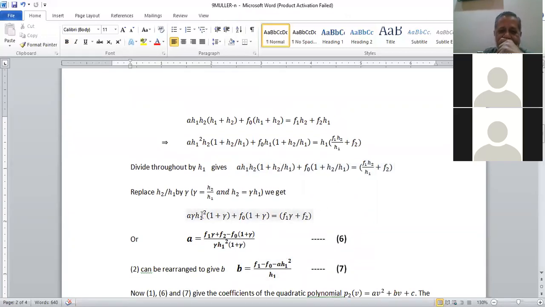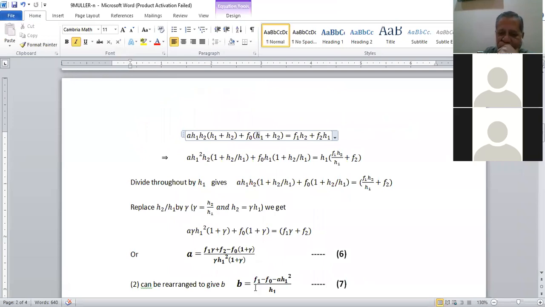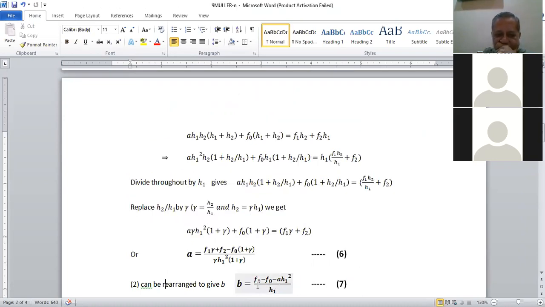सो ये इक्वेशन आ गई जिसमें हमारे अननोन में से सिर्फ a है, बाकी सारे नोन कॉन्स्टेंट्स हैं, f naught, f1, f2, gamma, gamma is h2 upon h1, h2 is x naught minus x2, h1 is x1 minus x naught। तो इस इक्वेशन में a के अलावा बाकी सब कांस्टेंट नोन है, तो a की वैल्यू निकल आई। अगर सेकंड इक्वेशन रीअरेंज करें तो वो इस फॉर्म में आ जाती है। b is equal to, this involves every known thing, f naught, f1, h1, a। तो साइमल्टेनियसली सॉल्व करके a की वैल्यू ये आई और b की वैल्यू ये आई।